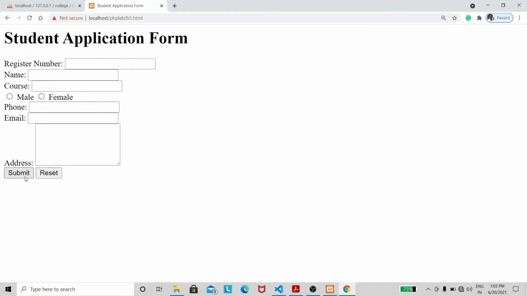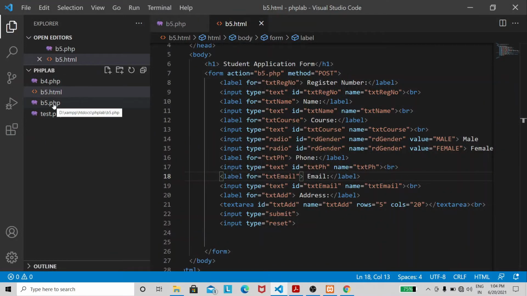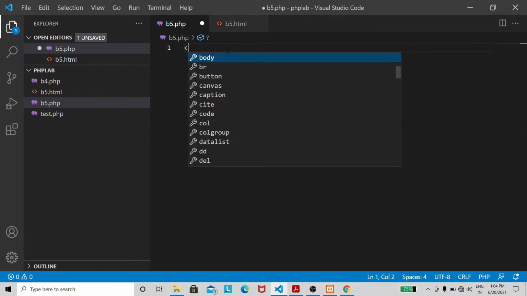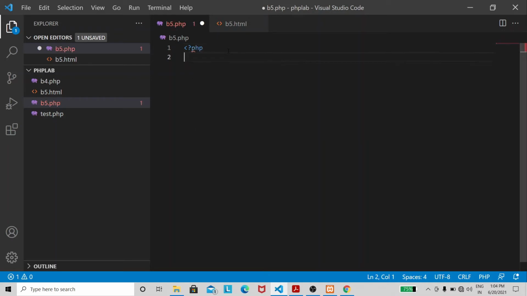Once the user clicks on this submit button after entering the data, the entire user input has to go to v5.php file, and there we will write the code to insert the data into the database table as well as list all the database table rows. Okay, go back to the Visual Studio Code, click on v5.php. So here we need to write the php tags. So inside this we are going to write the entire PHP code to insert as well as display the contents in the browser.